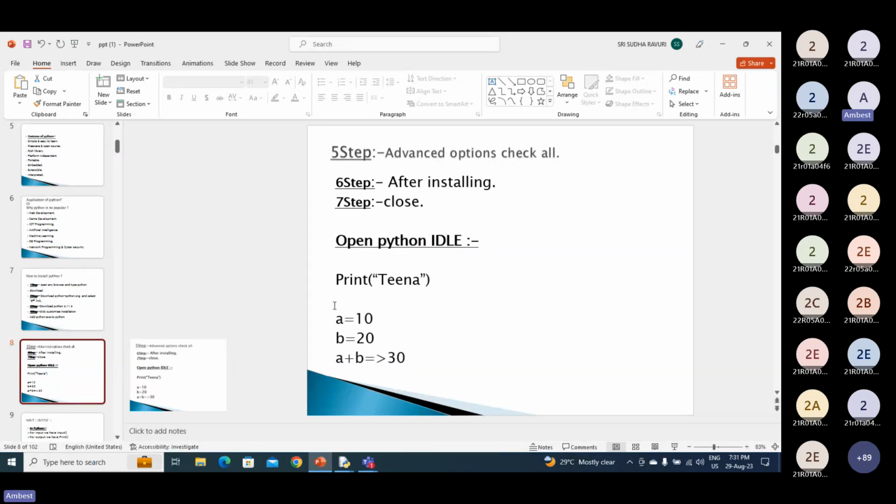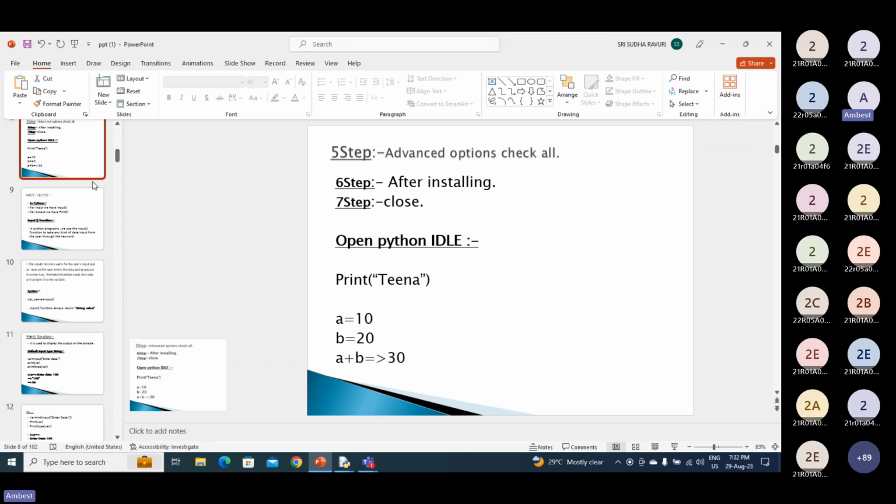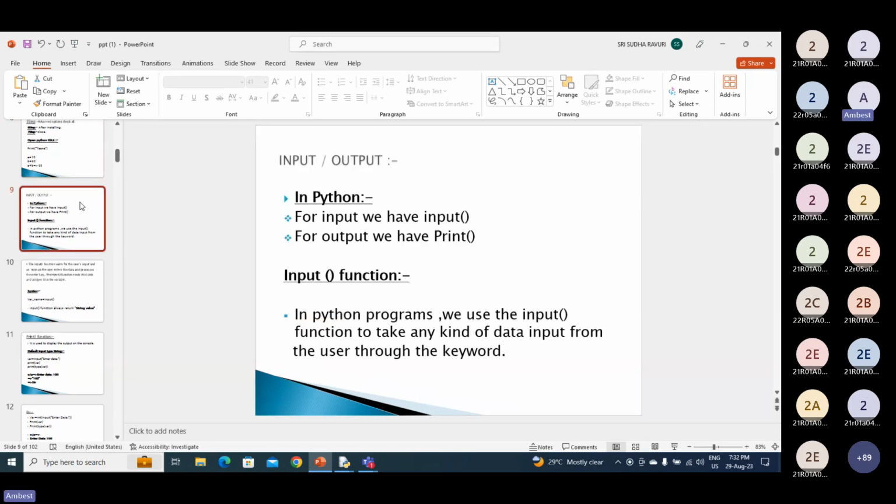Before getting into the next topic, let's do some more exercise, one more exercise. Let's write one more program. Guys, are you getting me? Here let's go with the input and output. How we give input and how we get the output. You can see here input